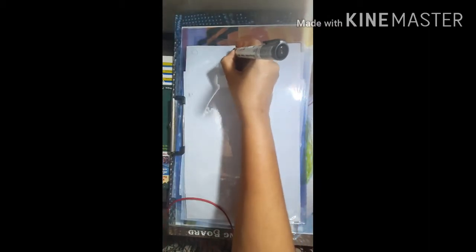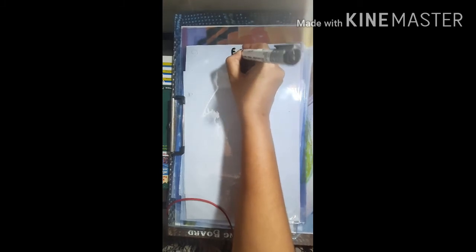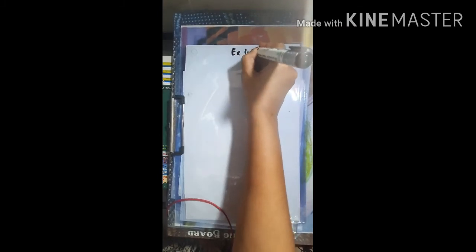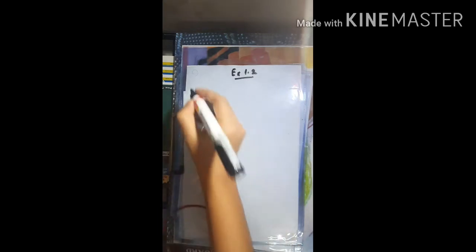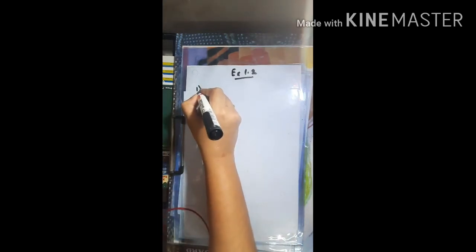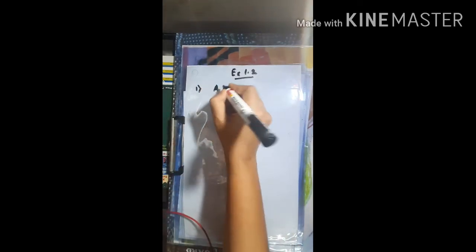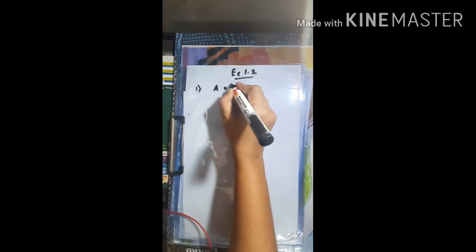Okay, let's start with exercise 1.2. We have to decide whether the following sets are equal sets and which are not, and we have to justify our statement. Now, first, A is a set of all x